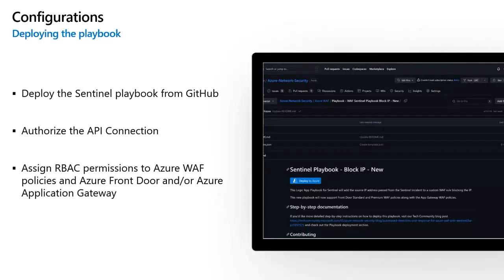All right, so now we'll talk about the steps for configurations. The first thing we'll need to do is deploy the Sentinel playbook that you can find in our GitHub repository. When you deploy the playbook, you'll need to provide some parameters that are necessary for it to work. You'll pass on the front door resource ID or the application resource ID or both if you are using both in your environment. You'll also have to provide an Azure AD or Azure Active Directory user ID to be part